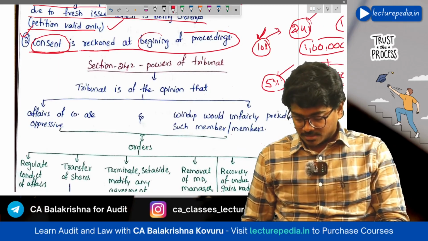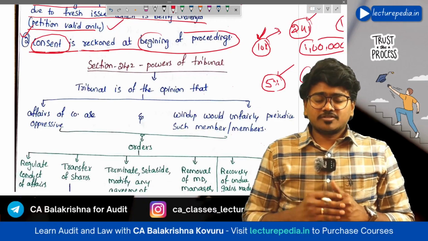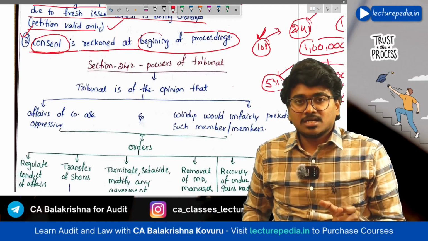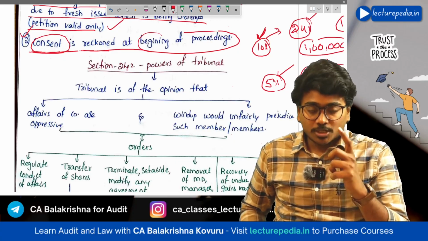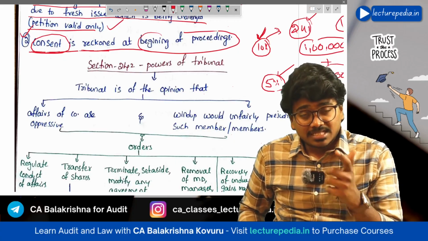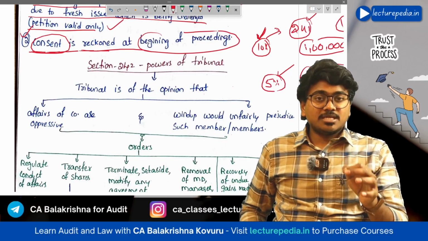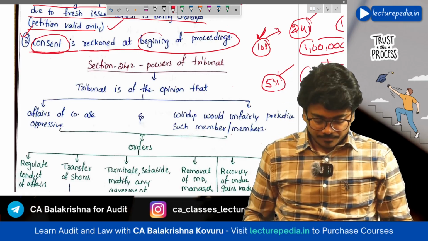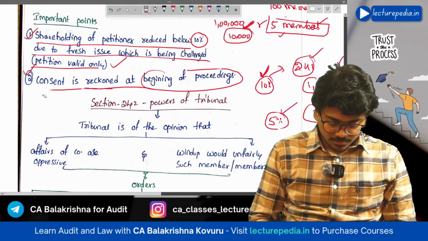This 5%, right? So because of a fresh issue of shares, if the shareholding of the person who has filed the application under section 241 dilutes, even then the application that has already been filed will be valid. Okay, next point,